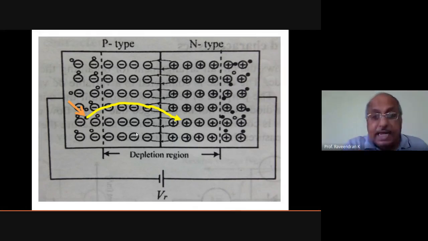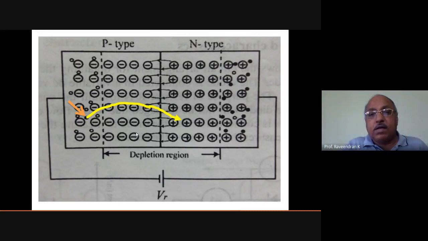So in that case, the diode conducts current through it. In the reverse biased condition, there is no current flow through the diode. In the forward biased condition, there is a current flow through the diode. So this property of the PN junction has